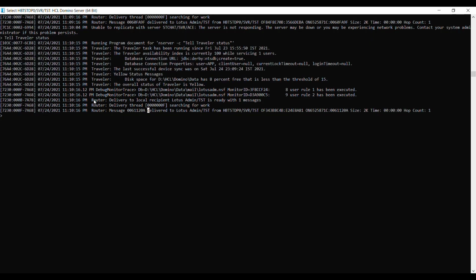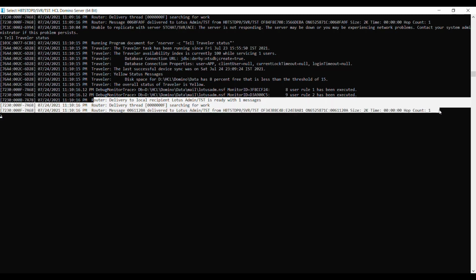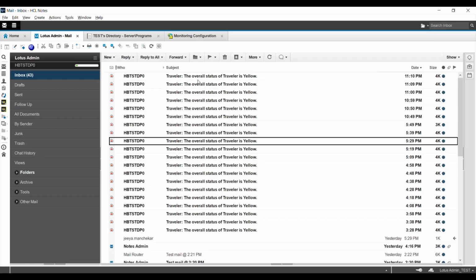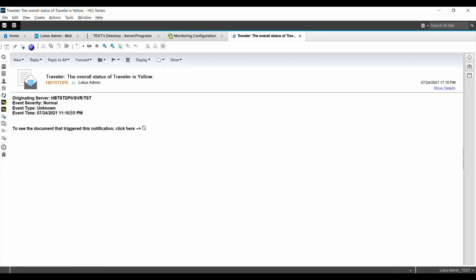We can also notice the router has delivered a notification to an administrator. Now let's check the mailbox whether we have received this notification. We can notice that the events configuration has delivered an email stating the overall status of the Traveler server is yellow.